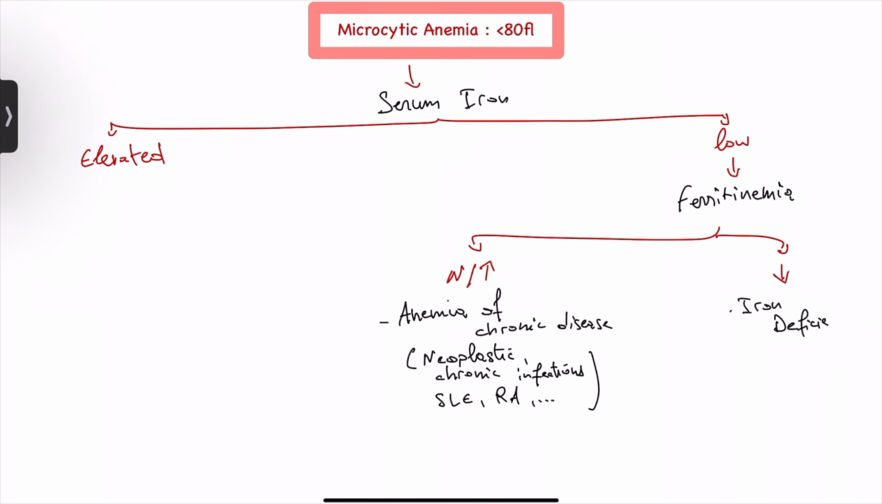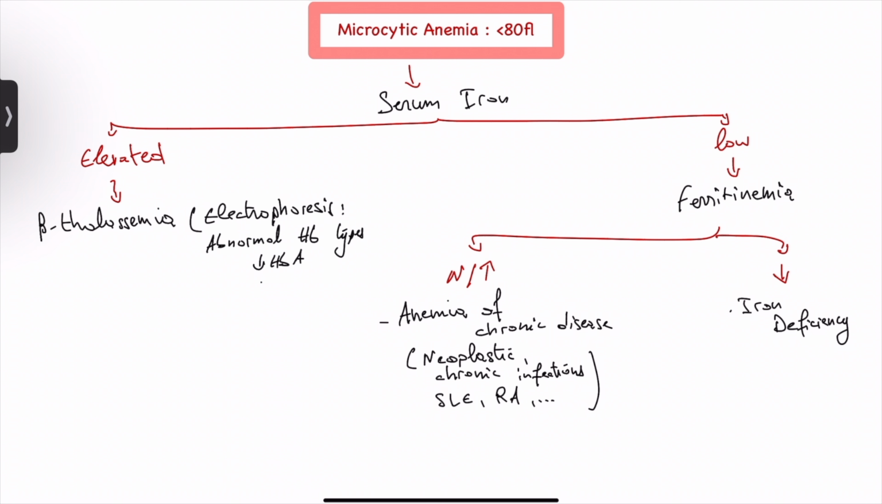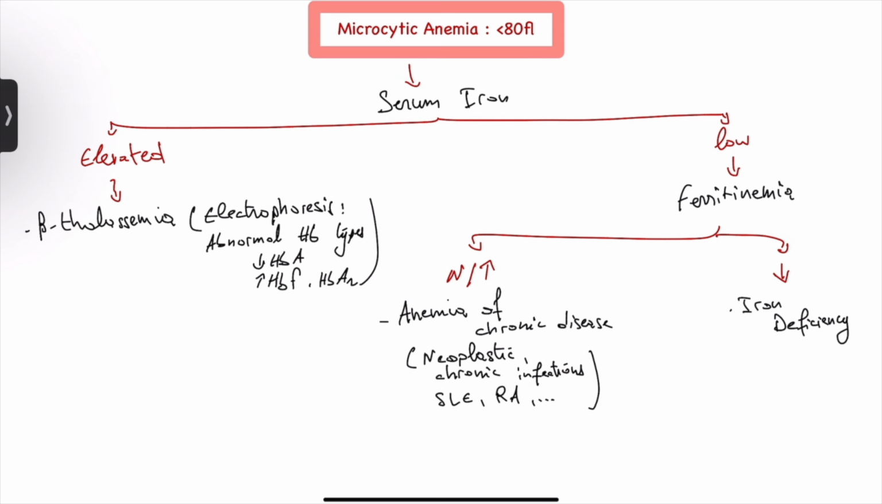And between iron deficiency anemia, which has low levels of ferritin. If, on the other hand, serum iron is normal or high, think of beta thalassemia. In erythropoiesis, we'll find abnormal hemoglobin types with low HbA and an increase in HbA2, where it's supposed